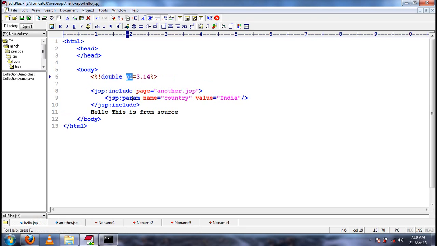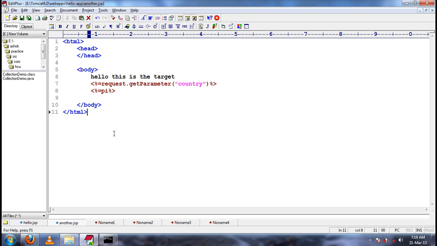In the source I am creating an attribute pi in the declaration portion, and I am including the second JSP page, the target JSP page, using jsp:include action. I have created an attribute and I am using that attribute in another.jsp. I'll give you 1 minute, think logically and tell whether pi will be available in another.jsp or not.